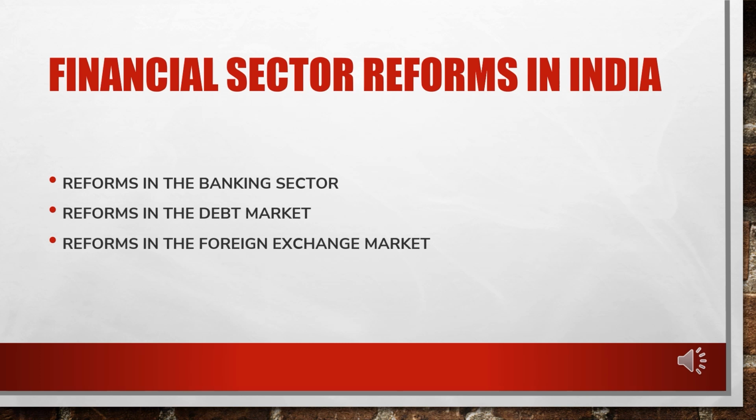So, talking about reforms in the banking sector. First was the reduction in CRR and SLR, which has given banks more financial resources to lend to agriculture, industry, and other sectors in the economy. The system of administered interest rate structure has been done away with, and RBI no longer decides interest rates on deposits by the banks. It allows domestic and international private sector banks to open branches in India. For example, HDFC, ICICI Bank, Bank of America, Citi, Deutsche, American Express, etc.